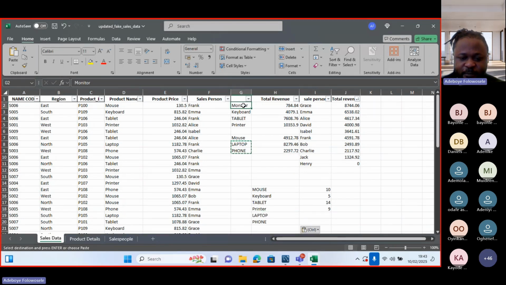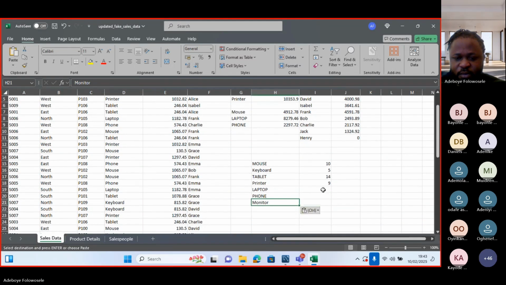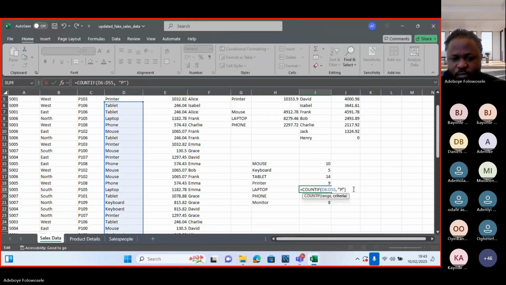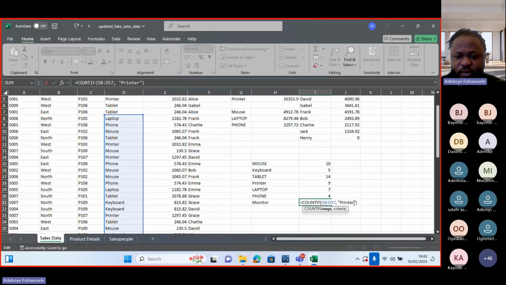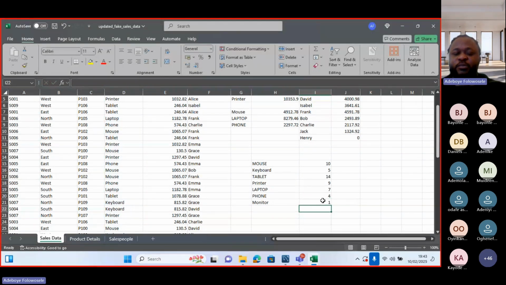Then we have the monitor. So that means monitor was the least that was sold. I mean the least quantity that was sold. So this is quantity, and the highest